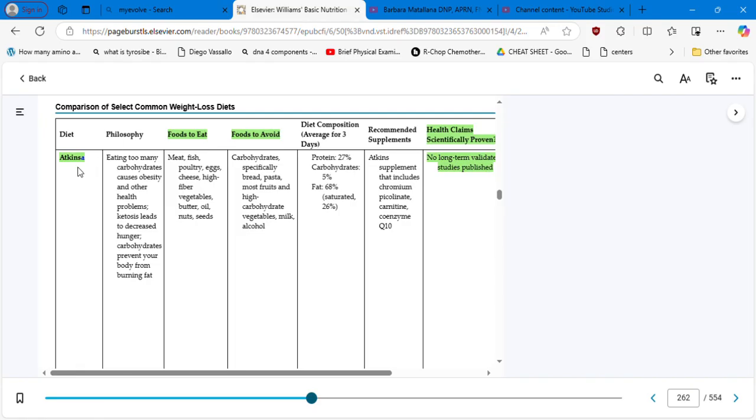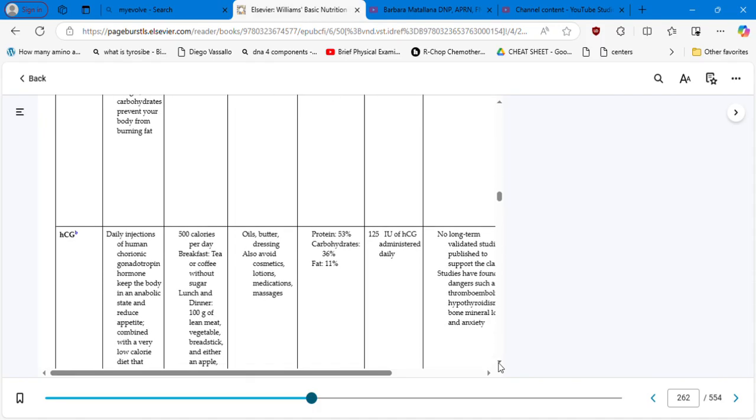In the case of Atkins, for example, they are asking you to avoid carbs, specifically bread, pasta, more fruits, high carbohydrate vegetables, and alcohol. Well, it's not going to be bad at the beginning, but is it sustainable in the long term? And then you have to eat meat, fish, poultry, eggs, cheese, which is high in fats, high fiber vegetables, butter, oil, nuts. We know that the Atkins is high in fats and there is a risk for cardio